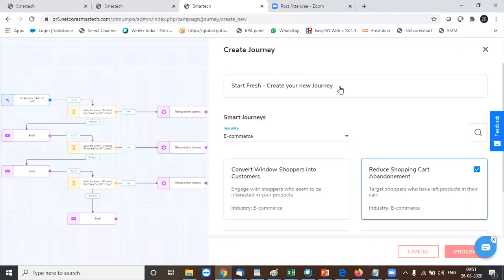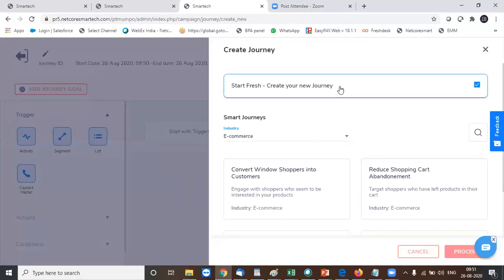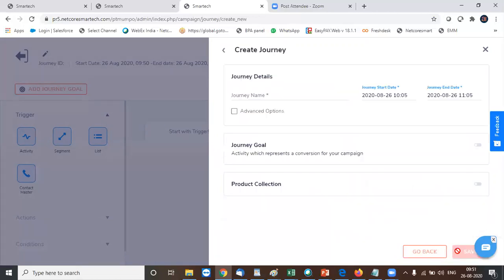Or if you have something fresh in your mind, you want to deploy your own solution, click on this option and click on proceed. Then quickly you can give your journey details over here, like what would be your automation name. Okay, and here you can select the time scope, basically the lifetime of this workflow.